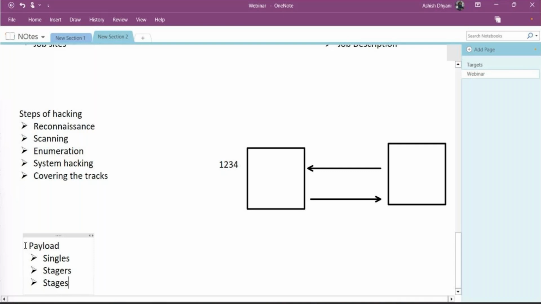And we have to know that there are two types of payloads. First is staged, and second is non-staged. Now what does staged payload mean? It means,